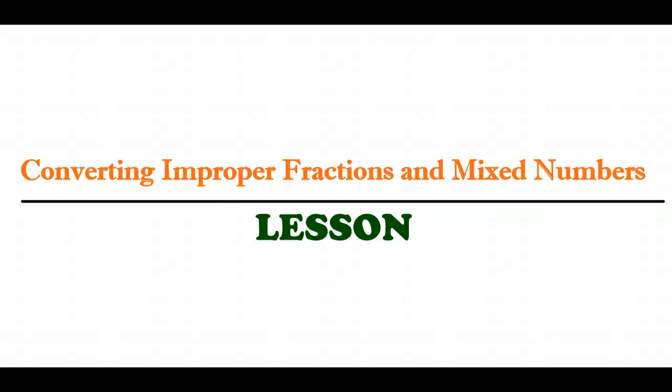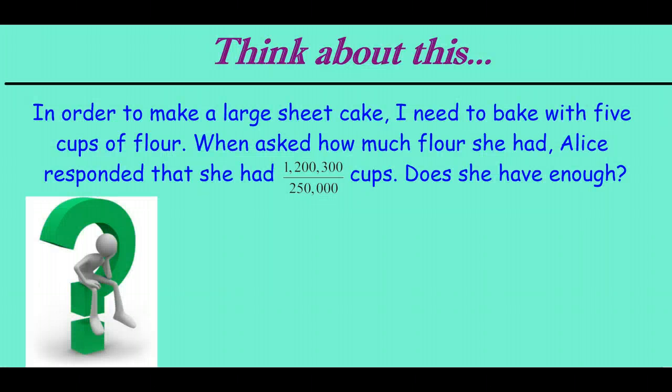This lesson is all about converting improper fractions to mixed numbers and mixed numbers back to improper fractions. First I want to consider a situation where you need to make a large sheet cake and I need 5 cups of flour. Now, ask a friend, Alice, and she responds that she has 1,200,300 over 250,000 cups of